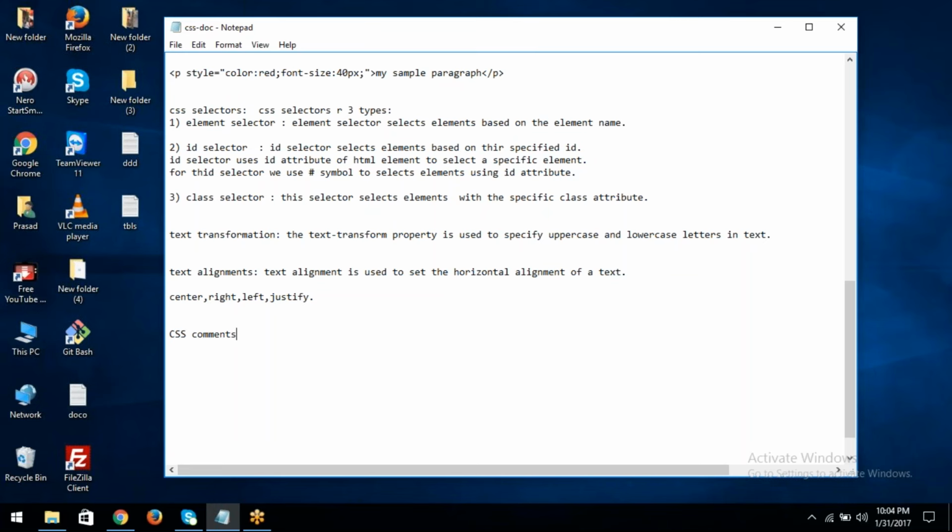CSS comments. These CSS comments are the same as HTML comments. These comments are not executed in the browser, and comments are used to insert our code or explain our code. Comments are used to explain our code